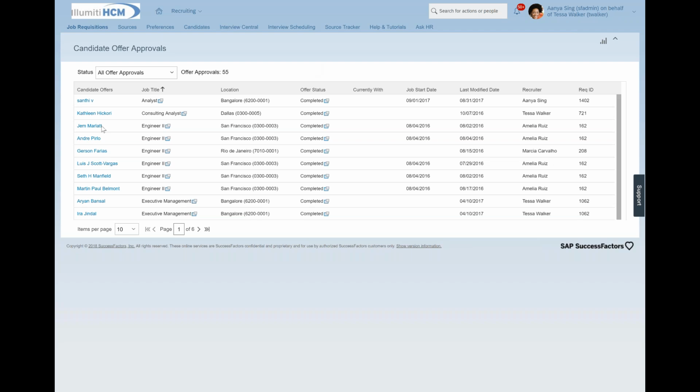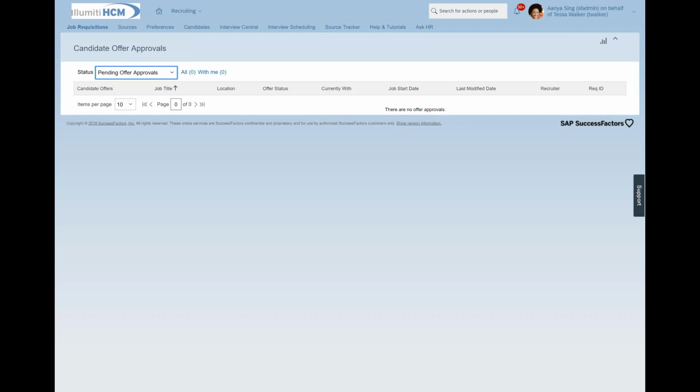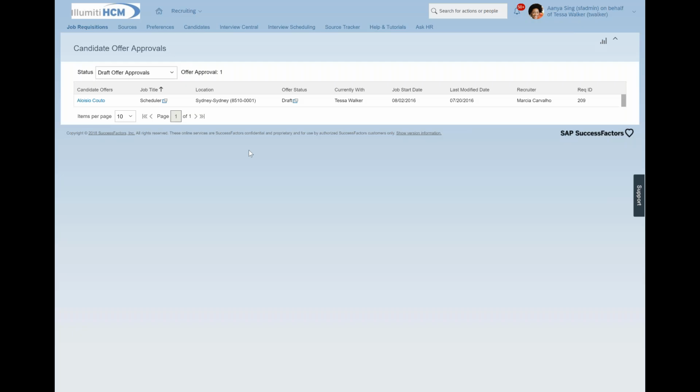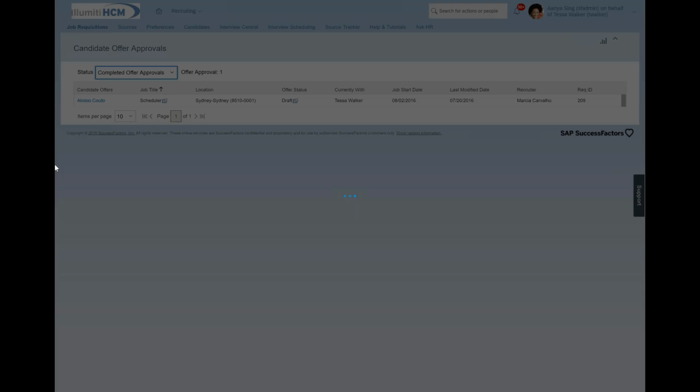And you can see here's a list of candidates that are receiving offer letters for these particular jobs in these particular locations, and then the status. And if something is still pending and it hasn't been completed yet, I can get my list of those offers. Any draft offer letters that are sitting in draft form that need to be approved by someone internally, I can review those here, as well as all of my completed offer letters as well.